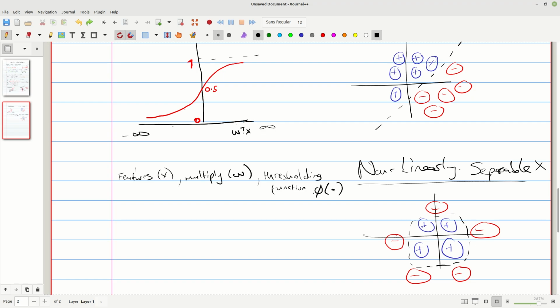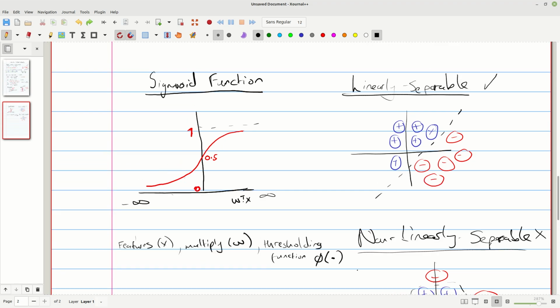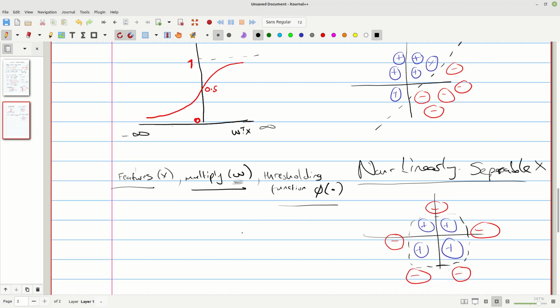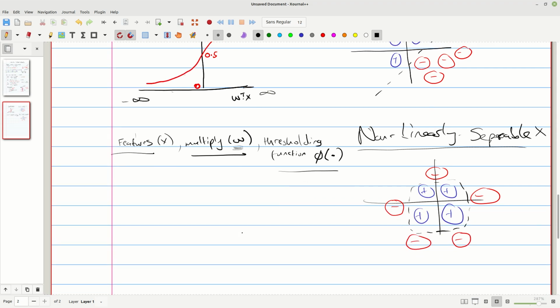Let me actually write it. We get our prediction. So these are the steps we've been taking. Get our features, multiply with some W, then put them through some thresholding function, and we get our prediction. But the issue now is we don't know how to actually compute this W. In the beginning, we might just assign random values for W, but of course, if we assign random values, what's going to happen is our predictions are not going to be accurate, right? We're going to make mistakes.